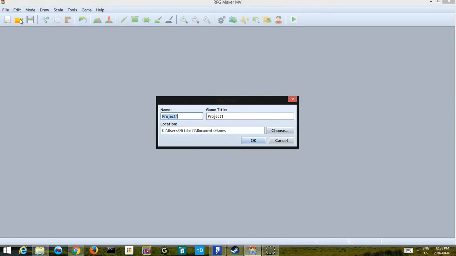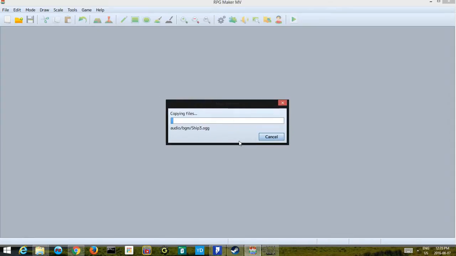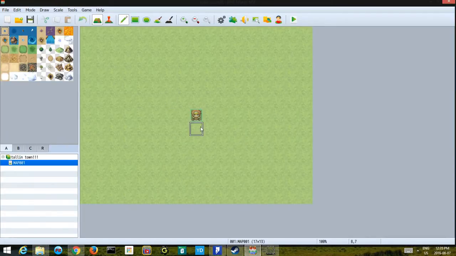So, let's create a new project by pushing this button. That's the first thing you want to do. And then name it something. I'll call it Tallintown!!! There. It's copying files. This might take a while, or it might not. I'm not even speeding this up, guys. Okay, let's wait for this. There. So now that we have our project created, that took about 10 seconds,